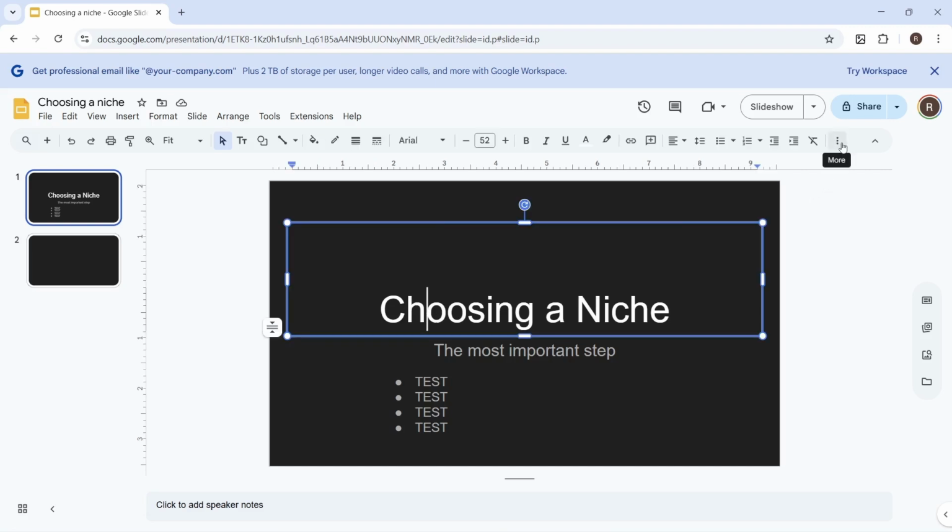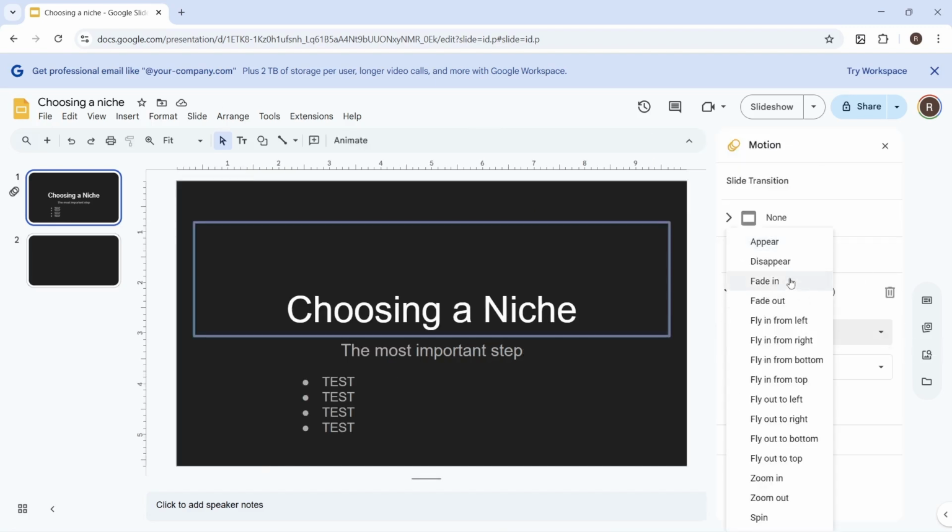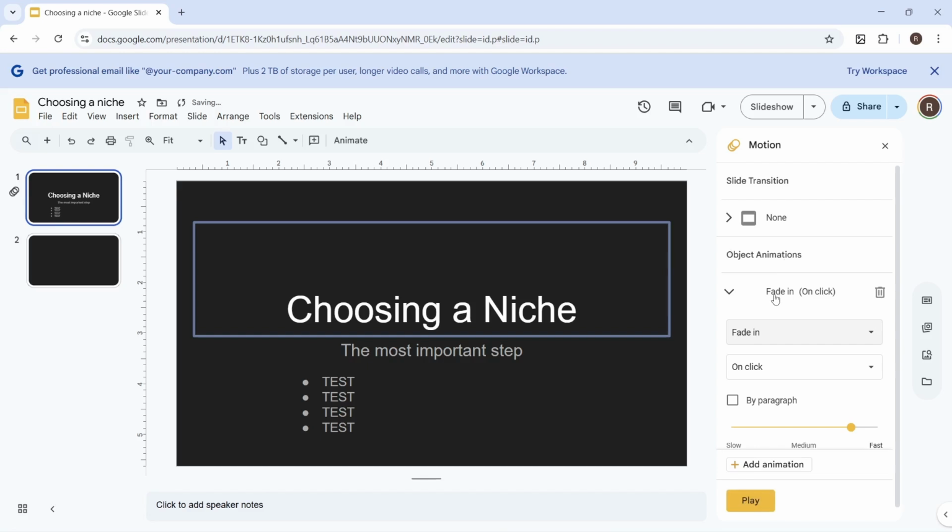You can then click on these three vertical dots and select Animate. You can then click on the drop down arrow next to the animation type, and you can go and choose from any of these animations. Now I'm just going to simply use a fade in effect, but you can use any of these. Make sure this is set to on click, and once you've done that, you need to select the second piece